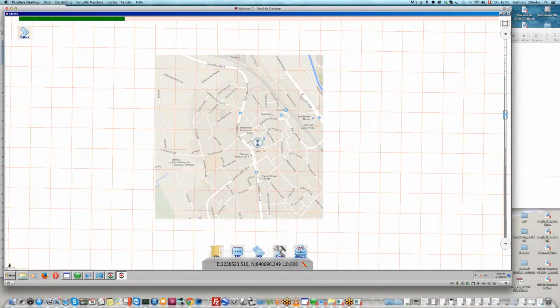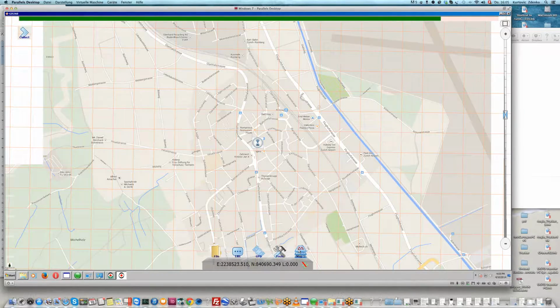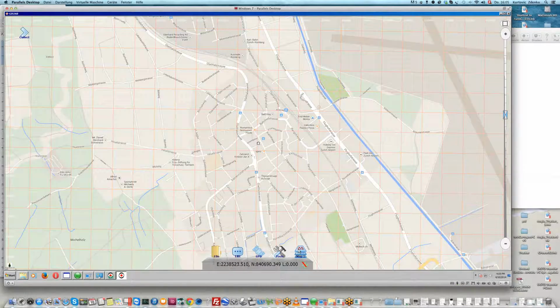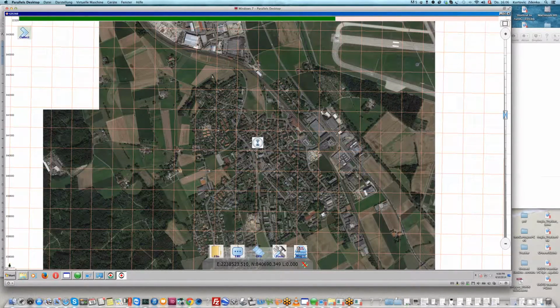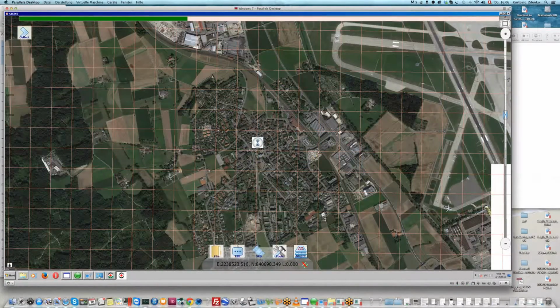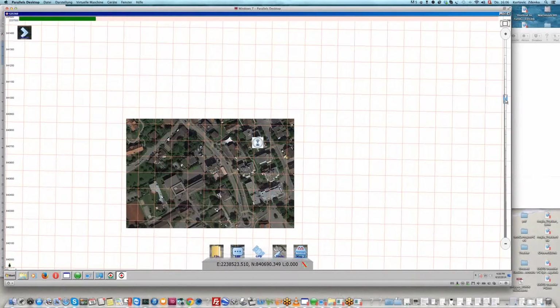And if I change the map type, and you see at the bottom right, we have 5 icons starting with File, Edit, GPS Tools, and Map 1. If I click on this Map 1 button, it will load instantly a Google Satellite map. And you can see we are just next to the Zurich airport. We have a lot of airplanes coming around. But if I zoom in,